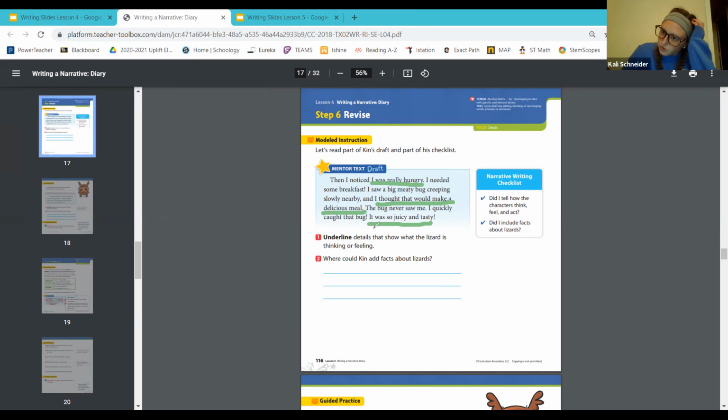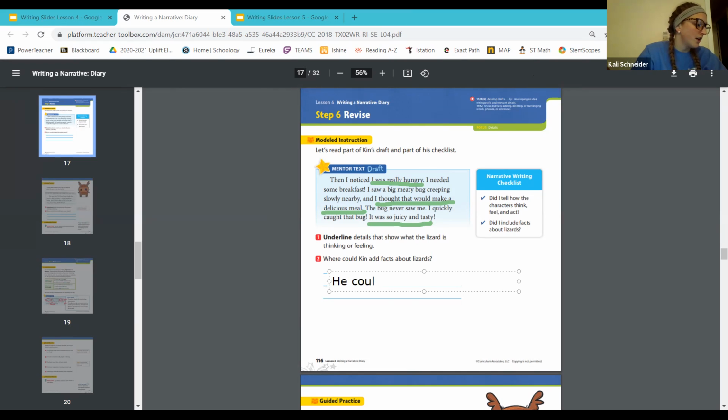He could also have described maybe how he moved through the sand to catch the bug. So maybe you guys think something differently, or you think that he could describe how hungry he really felt and compare it to something, or facts about what he likes to eat, or something like that. So I'm going to go ahead and say, I think that Ken could have included,